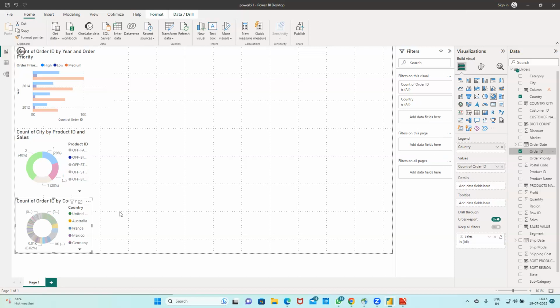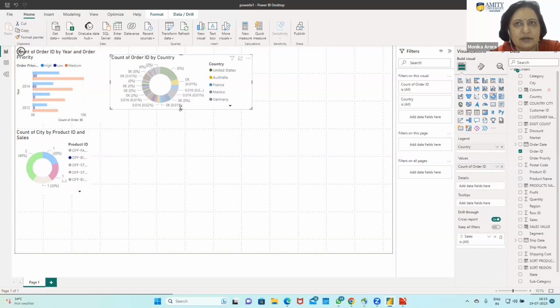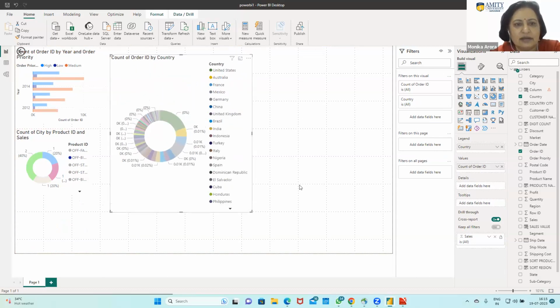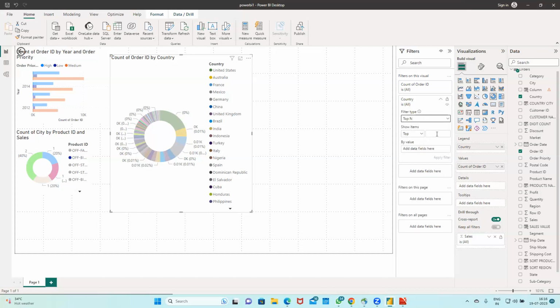अभी जैसे इतने सारे कंट्री आ रहे हैं, तो मुझे टॉप 6 चाहिए. अभी Top 6 countries कहाँ आ रहे हैं? ये आ रहा है ना, यूनाइटेड स्टेट्स, ऑस्ट्रेलिया, फ्रांस. बड़ा करती हूँ इसको. You want top का? हाँ. तो अभी इसको टॉप 6 करने के लिए मुझे फिल्टर्स में जाना होगा ना. हाँ, फिल्टर में कंट्री में जाओ. फिल्टर में कंट्री पे क्लिक करके then you have to take top and then you have to mention 5